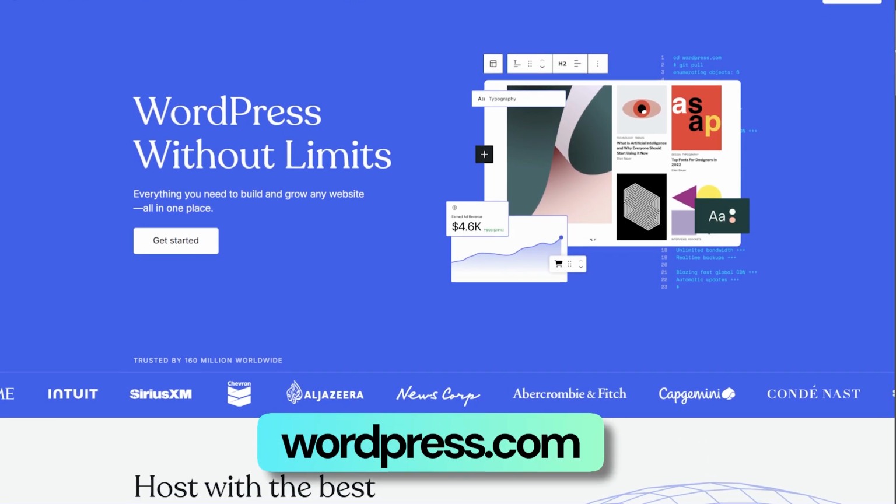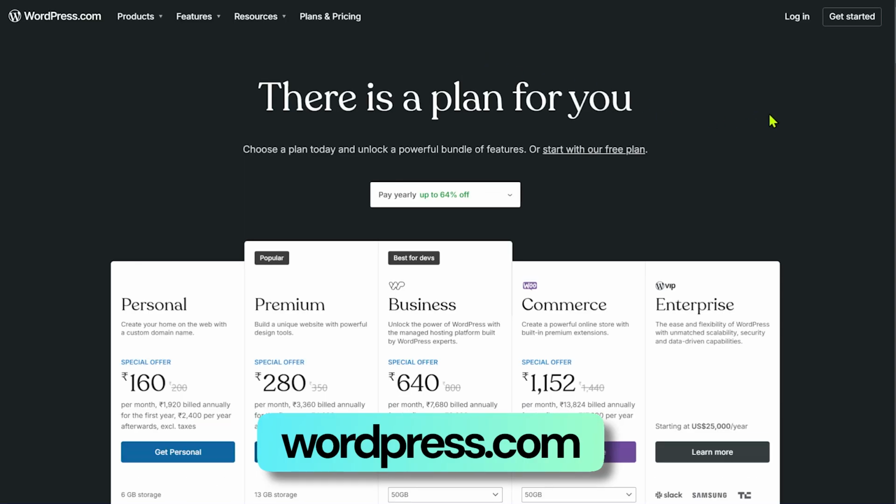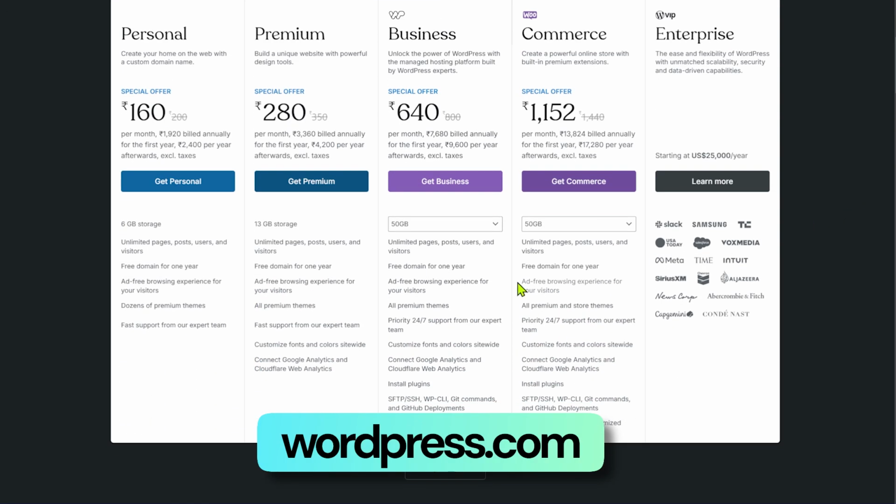WordPress.com still offers WordPress, but it offers services on top of it. That means hosting, management, everything else. So with the WordPress.com service, technically the WordPress part is free, but it offers some additional services which you can pay for if you go for the premium plans.